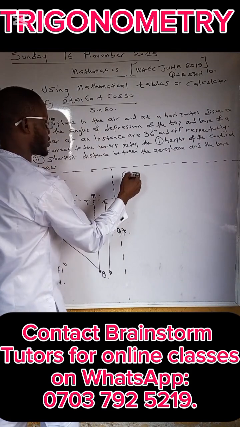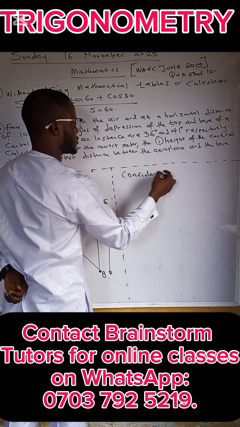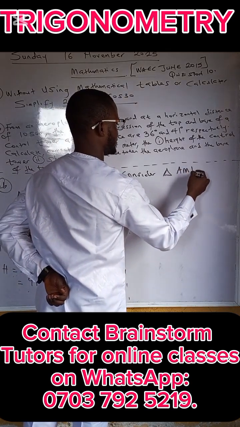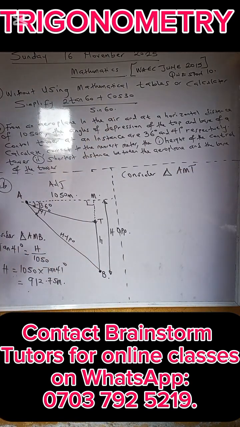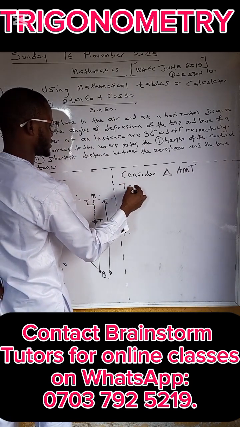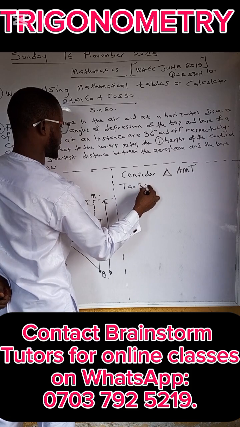Just say, consider triangle AMT. So now, if you consider triangle AMT, I'm going to have tan 36 degrees